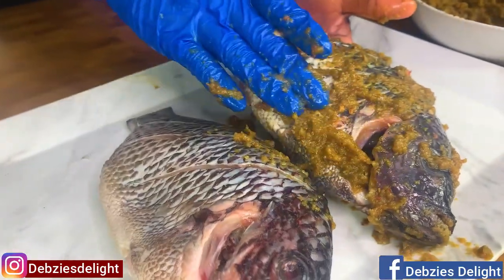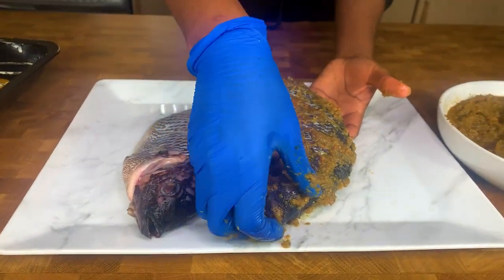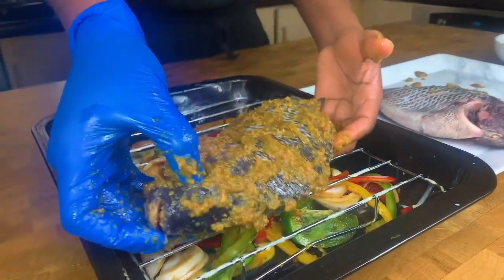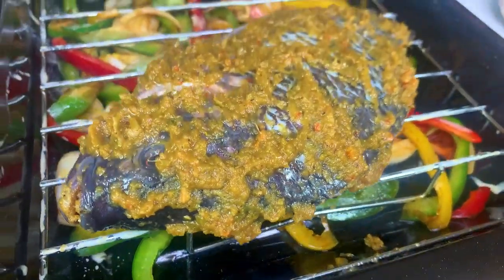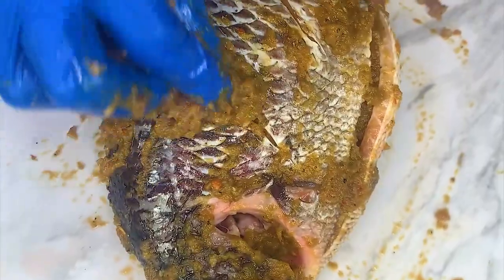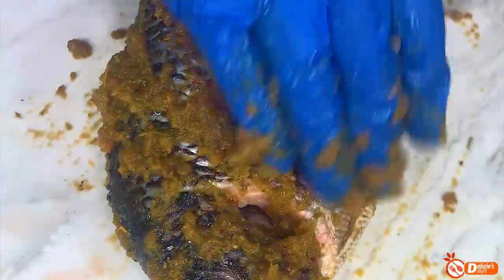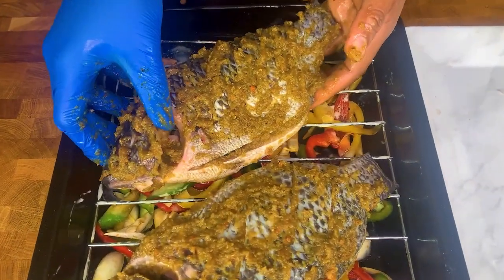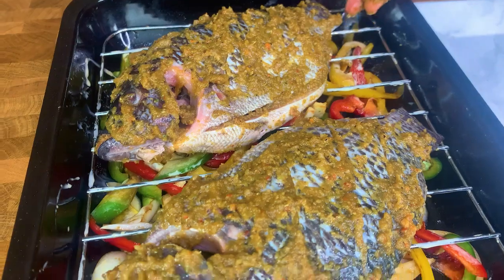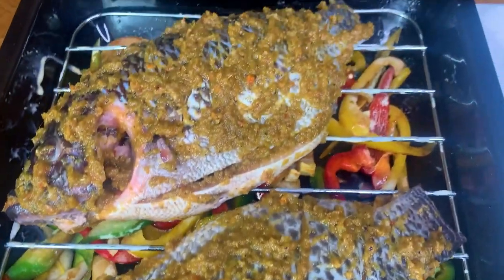I always go all out when I'm grilling my tilapia because I don't like boring food at all. I'll transfer this gently onto the rack and repeat the same process for the other fish and transfer it again gently onto the rack, and then pop it into my oven at a temperature of 200 degrees Celsius and allow it to grill beautifully. So as you can see, it's hovering over the vegetables, and the vegetables in the end